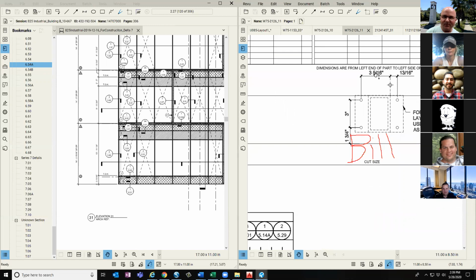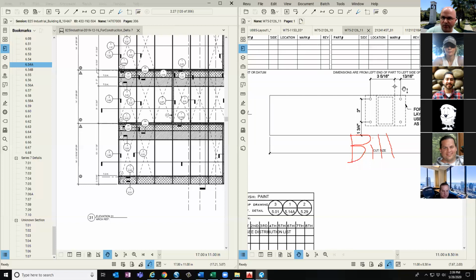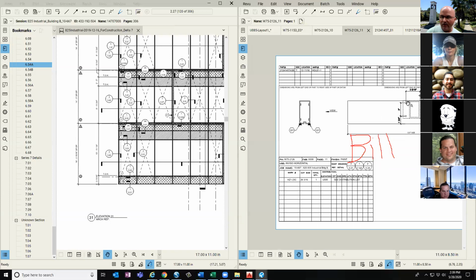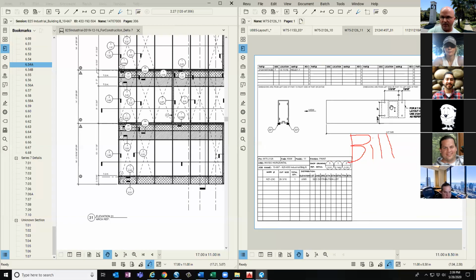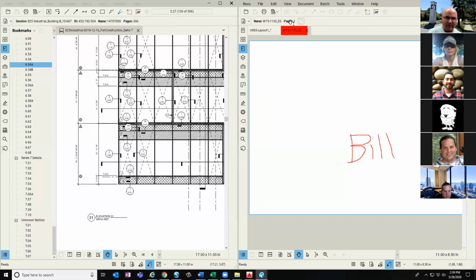Okay. So when I get to here, that dim point plus the 13/16 is going to be to the center of the hole. Then I've got my spacing between the holes at the 3 inches. So all of that's going to be verified one by one by one. As I do each of these, I'm going to cross them off that they're green, and I'll verify this. So I'm going to shortcut a lot of that just in the nature of the presentation and go back to